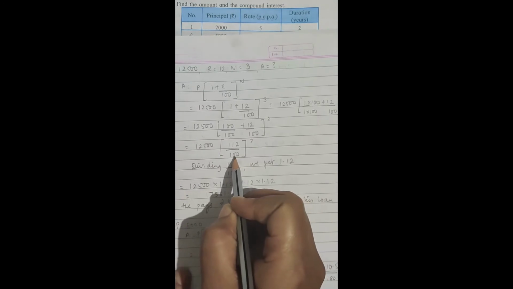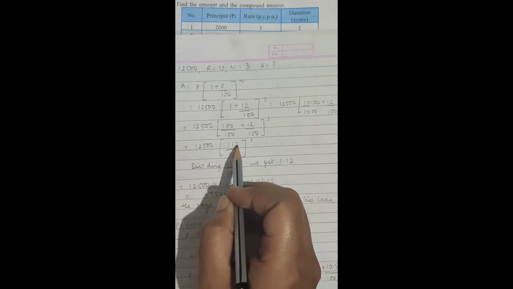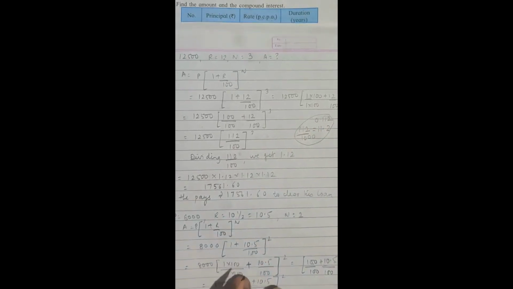Now how? There is a trick here. The number of zeros can directly tell you where to put the decimal point. If there are 2 zeros, leave the last 2 digits from your right-hand side and put the point in between. So you have 1.12. Supposing it was 112 upon 10, then the answer is 11.2. That means leave the last digit and put a point. If there are 3 zeros, then leave the last 3 digits and your answer will be 0.112. This is just extra information that I am telling you all.